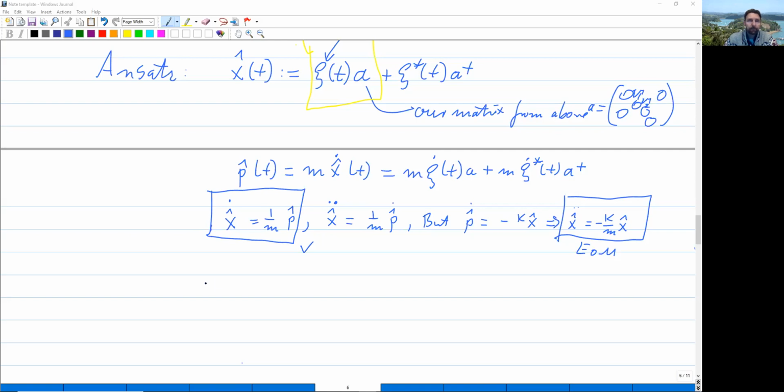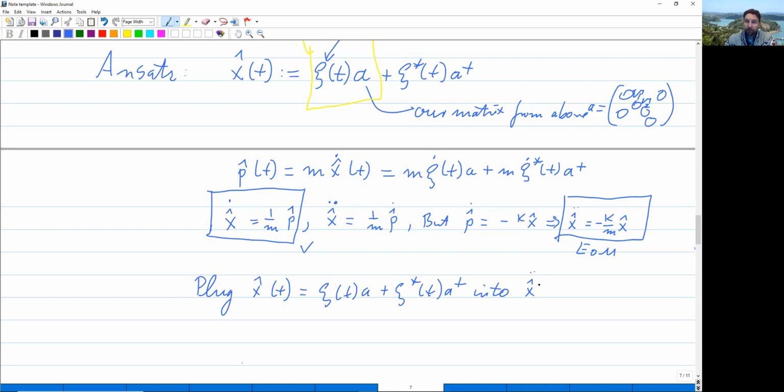Well, if we now plug x hat of t equal to psi of t a plus psi star of t a dagger into x hat double dot, the equation of motion, which is equal to minus k over m x hat, and I leave that to you to verify, then we obtain